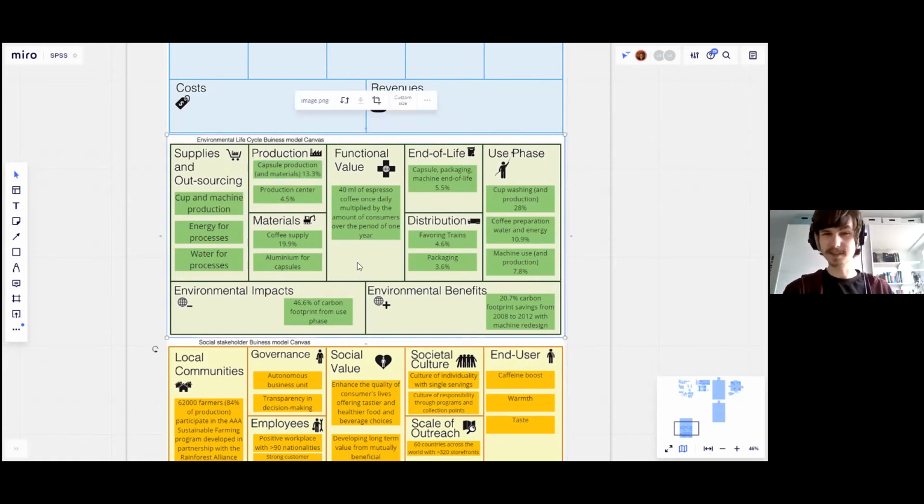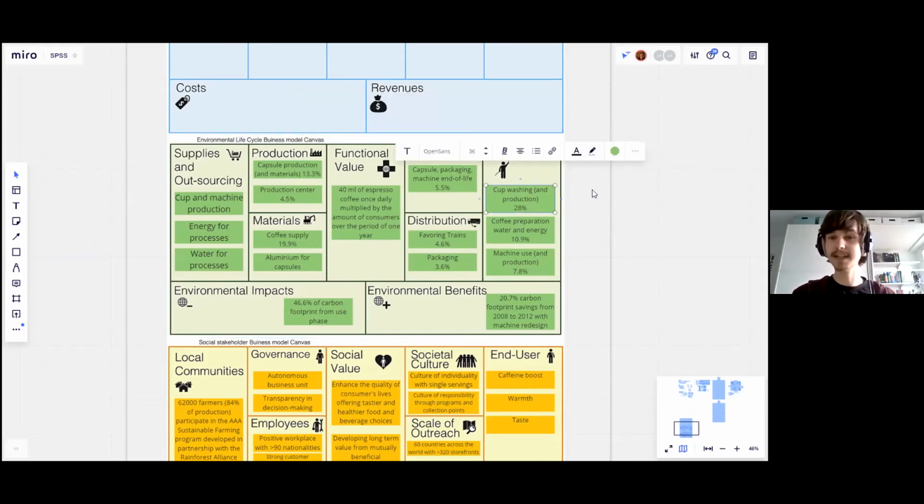There are other aspects we can look into as well, like the materials used, the distribution channels and methods, the use phase, which we can see in the case of Nespresso uses a lot of energy and causes a lot of emissions, mainly the cup washing and production, which is actually one of the main contributors to the total company CO2 emissions. So using this canvas, we can kind of examine where in the product chain of Nespresso the most emissions